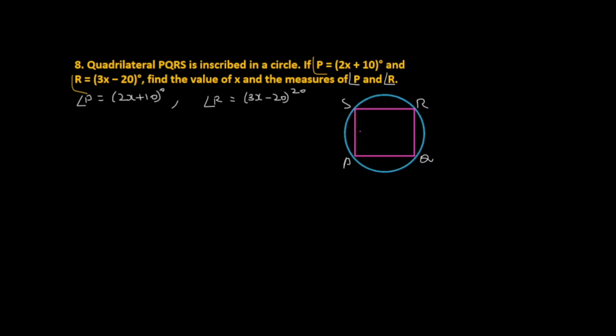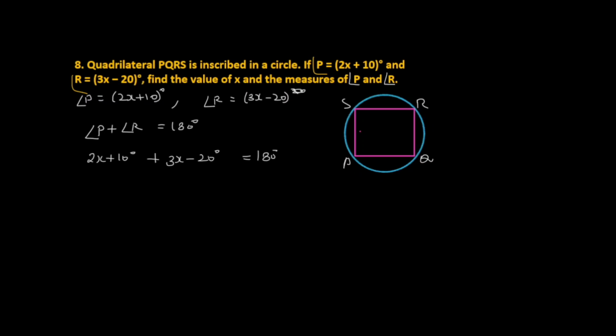As we know very well, a quadrilateral inscribed in a circle is a cyclic quadrilateral, so opposite angles of a cyclic quadrilateral are supplement to each other. So replace angle P as 2x plus 10 and angle R as 3x minus 20, that is equal to